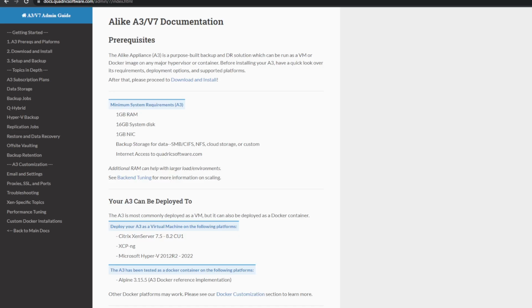Hi, how's it going? Today we're going to get set up with the A3. We're going to download it, import it, configure it, and run our very first backup. We're going to be doing this on XCP-ng, but as you can see from this documentation at docs.quadrixsoftware.com,